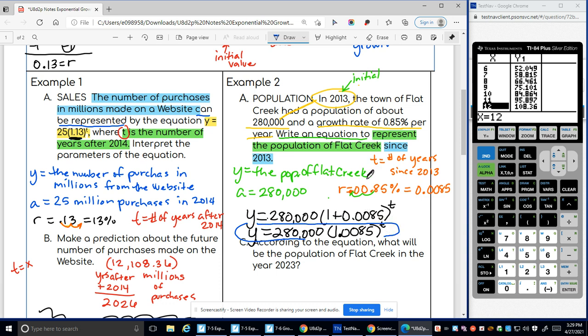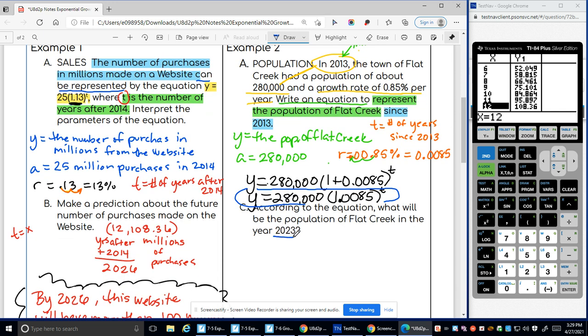Now, according to the equation, what will be the population of Flat Creek in the year 2023? All right. So in the year 2023, I got to figure out since 2013, right? The word since 2013 basically means that I'm going to subtract 2013. That's how we're going to interpret that. So we're going to subtract 2013, and essentially we end up with 10. So it's been 10 years since 2013. Now,